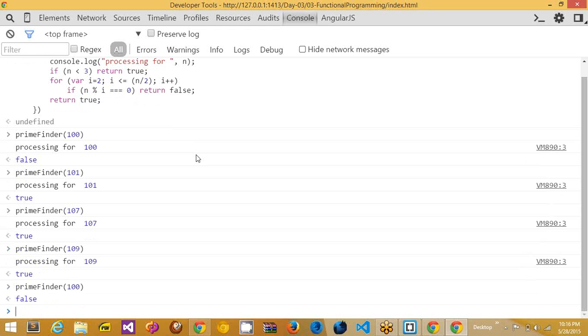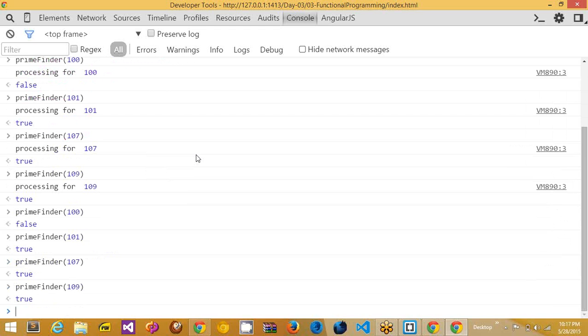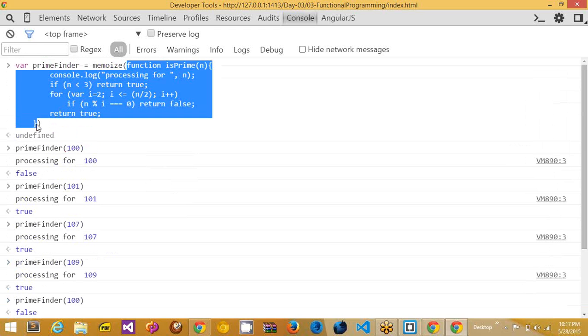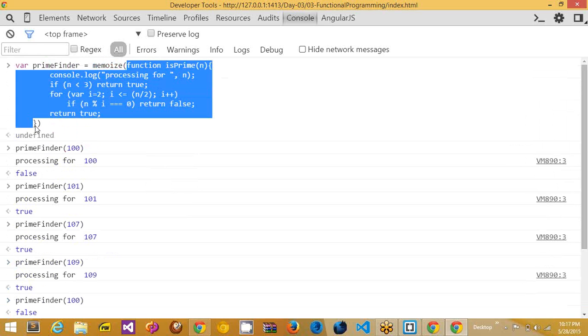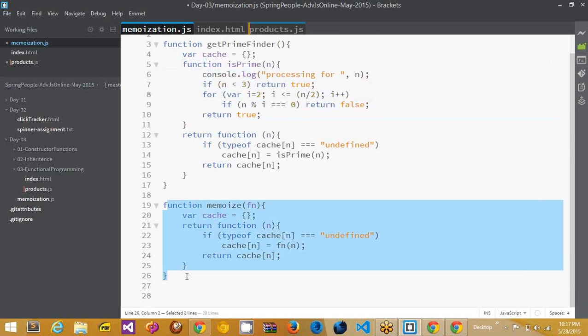Now you call 100. It says false. There is no processing for 101. No processing for 107. No processing for 109. So, all I wrote is one logic for checking whether one particular number is a prime number or not. The memoize function returns a function that knows how to memoize the results of this function and return it from that particular result. And how difficult was it? Very simple, right? Just 6 or 7 lines of code is all it took to write the